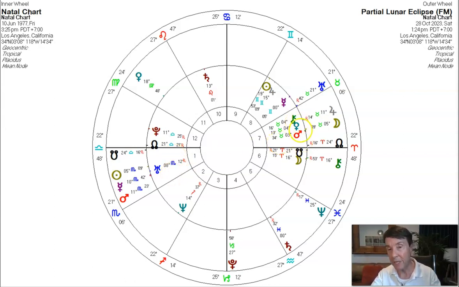So over here we have these 3 planets that are getting affected by the eclipse. So the eclipse is bringing these 3 planets to a head, and what I want to say is, something needs to change here, okay? So we have Mars and Venus connected, and then we have Chiron. Now they're all very, very different in their energies, but they're all singing from the same hymn sheet here in Taurus. Okay, so Taurus is always going to be about security and safety.